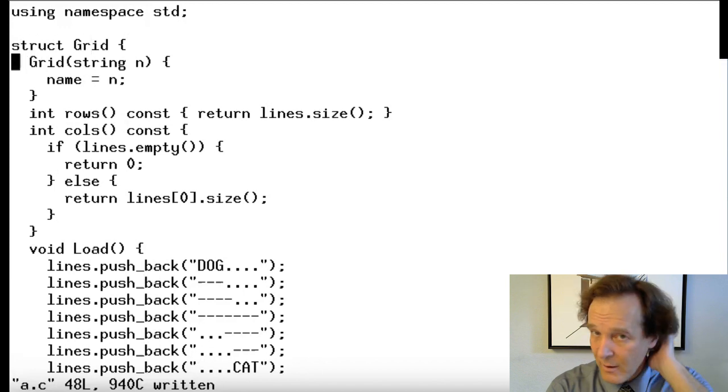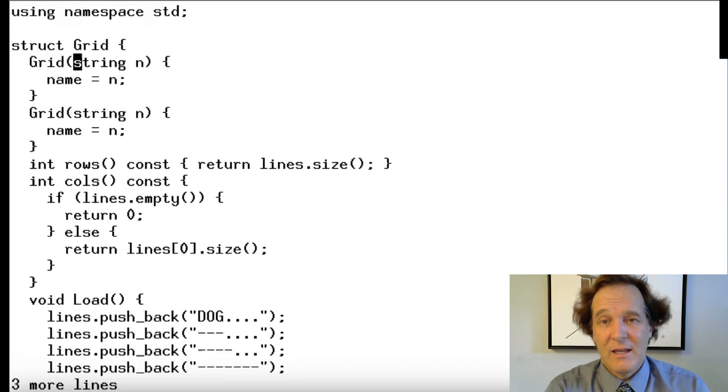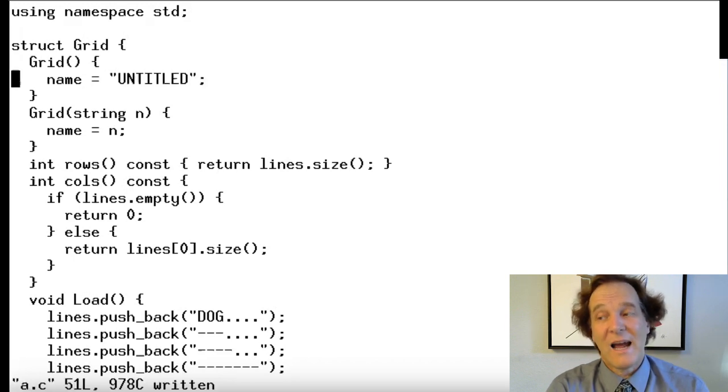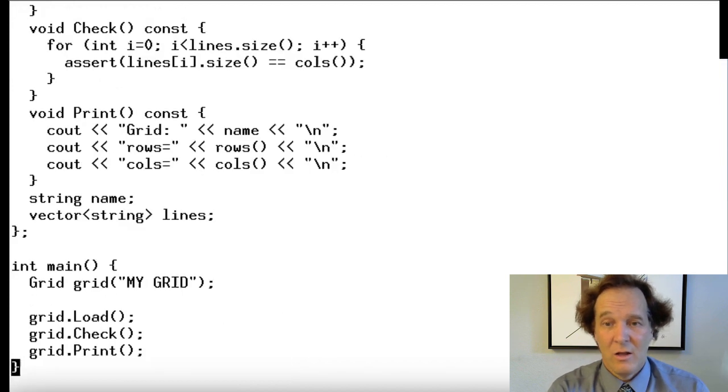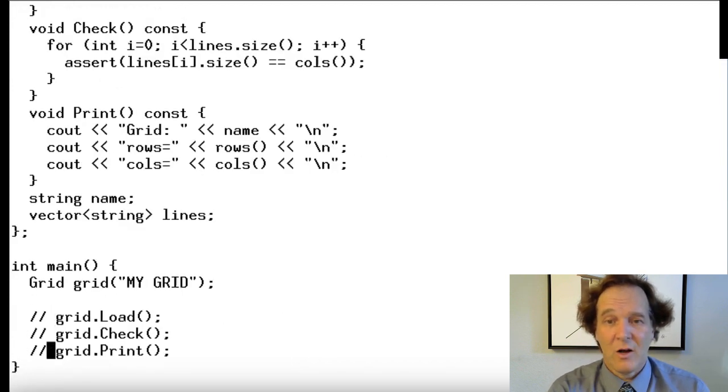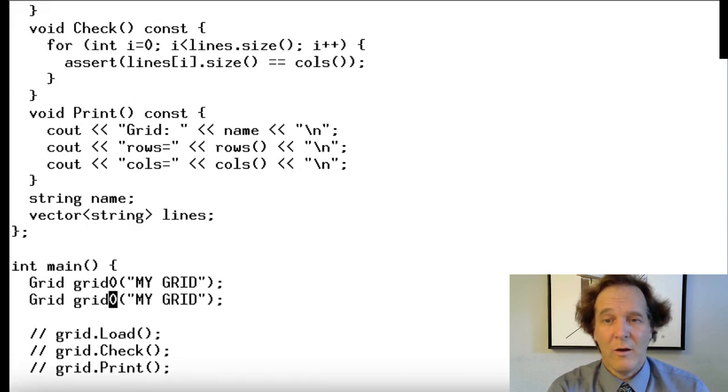And you can actually have multiple of these. Let me show you an example. You can have a grid with no arguments, and let's say the name will be something like untitled, okay? So now there's two ways to build a grid. You can call, here, let's have a little fun here. Let's call this grid 0 and grid 1. Okay, the first grid, we're going to